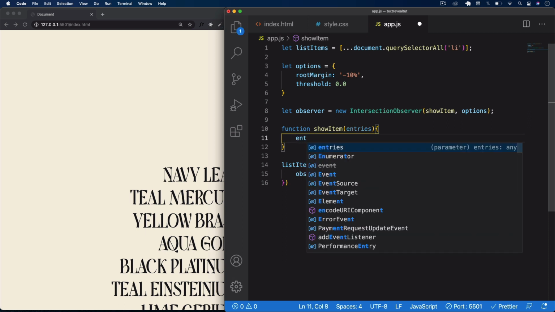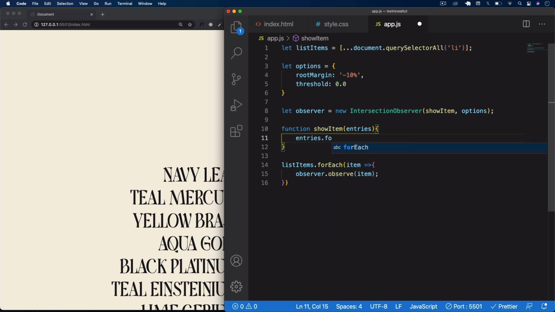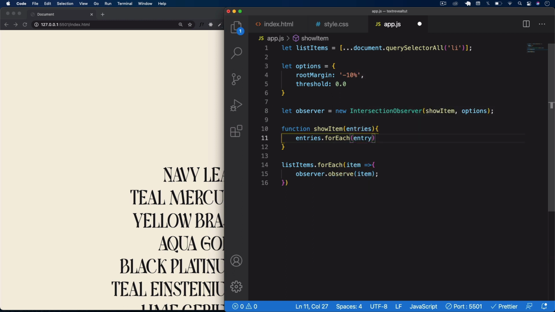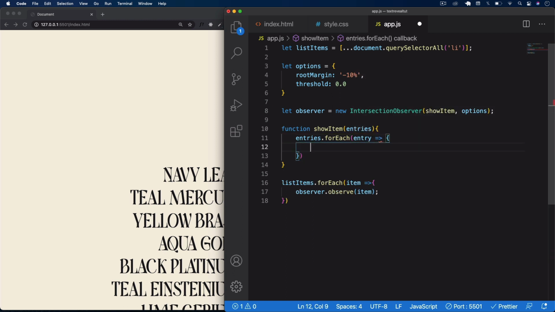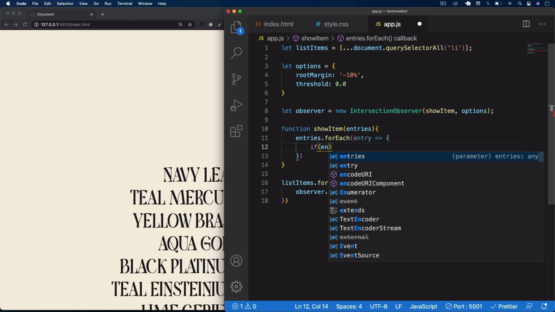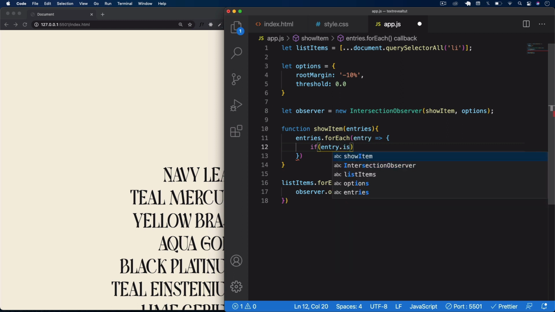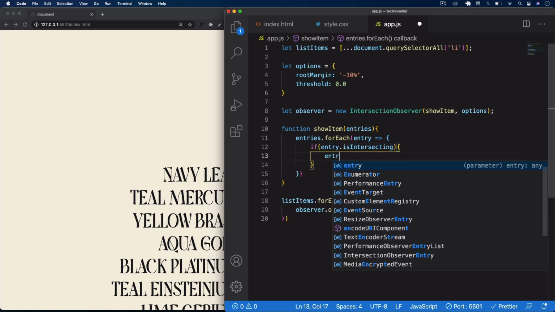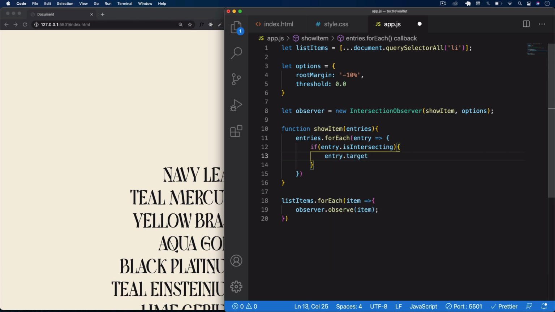And here we're just going to do another for each. So we'll say entries dot for each, like so. And then I'm going to say for each entry, and then we can do a callback here. We're going to say here, if the entry dot is intersecting. Remember we had that for the observe. We have this is intersecting, which is a value. So it's true if it's in the viewport or false if it's not in the viewport. So if intersecting, then what we want to do here is I'm just going to say entry dot target, and then